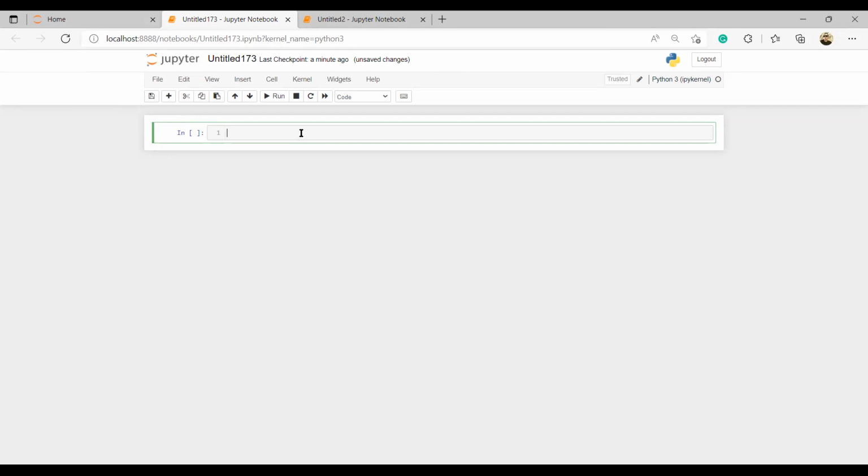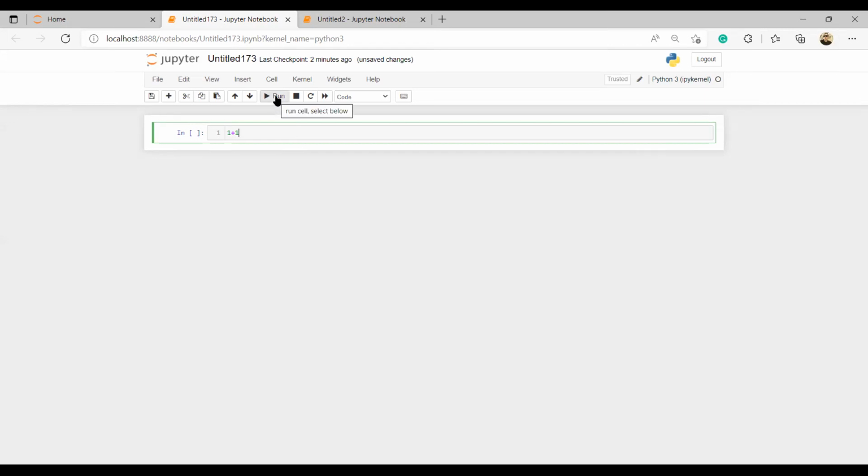If you had a calculator, what do you use the calculator to do? To calculate. What are you calculating? Numbers. Give an example of a number you want to calculate. 1 plus 2. 5 times 5. 1 plus 1, what will it give me? 2. So let me click run here.